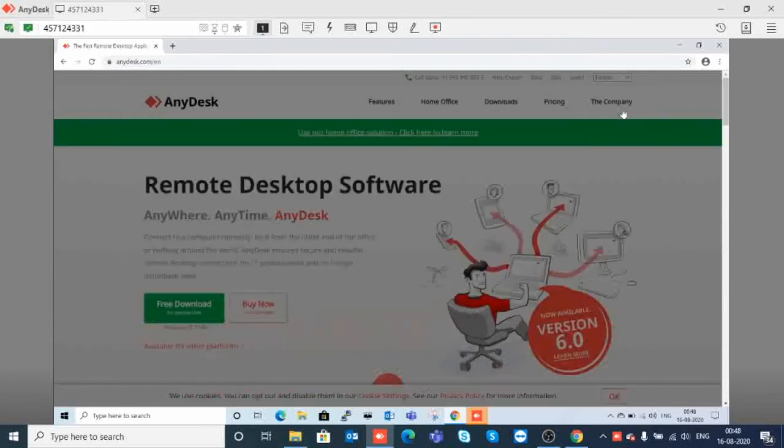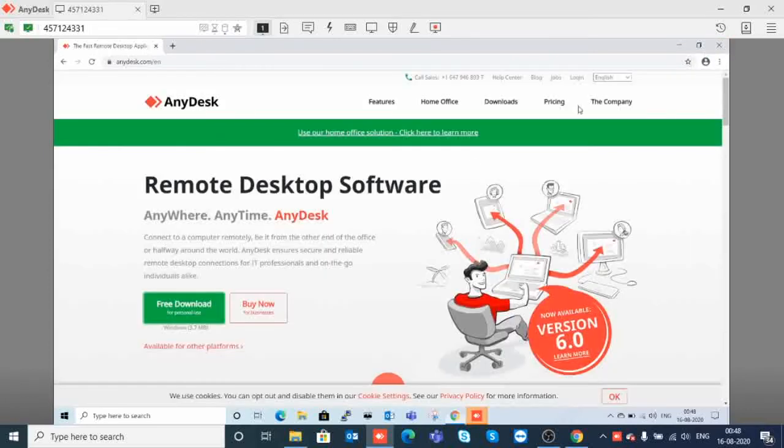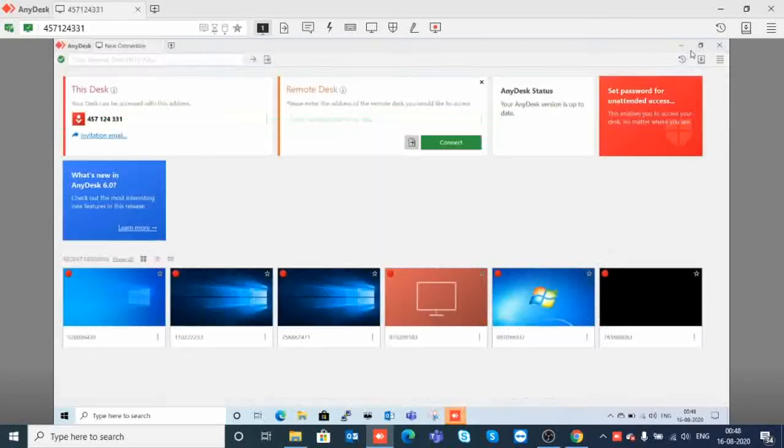So yes, this is what I wanted to share with you, and the main point is this. Suppose you have a system in a domain, and you want to switch the user, for example from a normal user to the admin account. There you have to do some settings. Many things are there if you work in an organization, and as a normal user you can't do that.